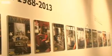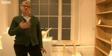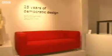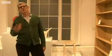In this first room, we've got a number of items which Ikea still retail today, which appeared in the first Ikea store in the UK 25 years ago. A couple of objects which I think are of note, and which I'm quite impassioned about, include the Froster stool,